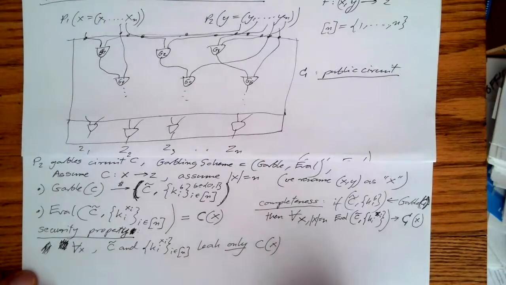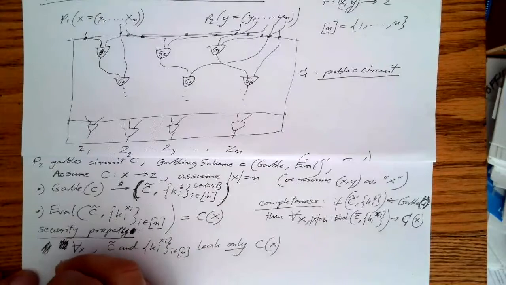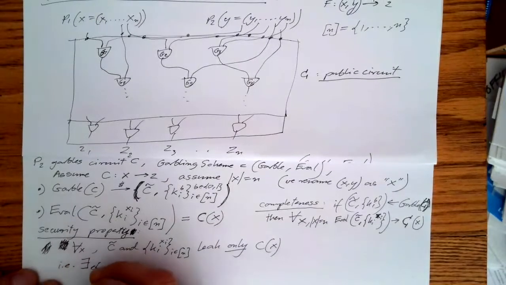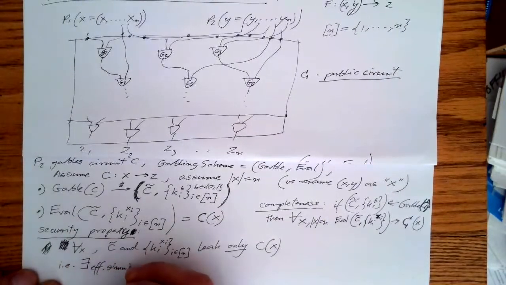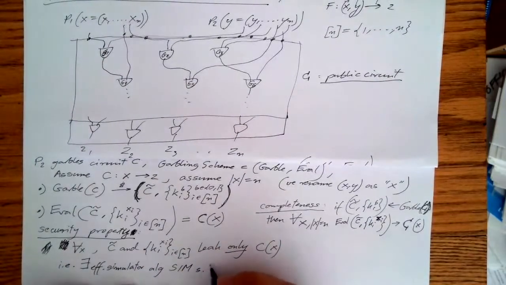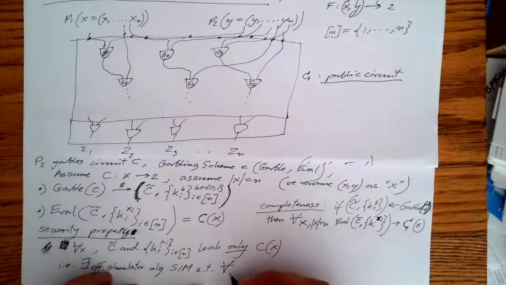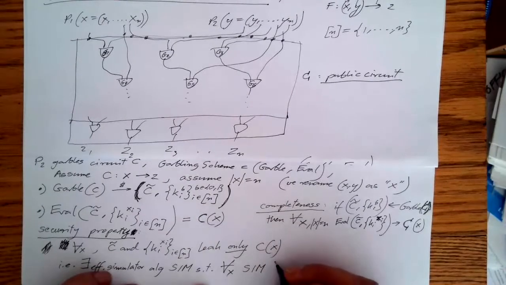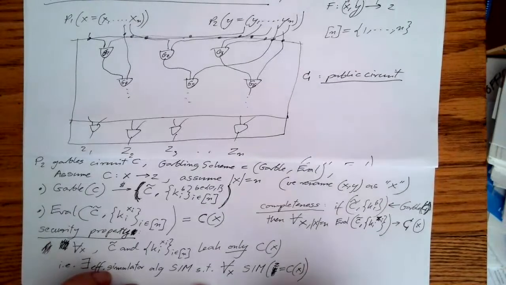In the standard way, i.e., there exists an efficient simulator algorithm Sim such that for every x, Sim, who is given just the output of the circuit on input x, which I call z, equal to C of x,